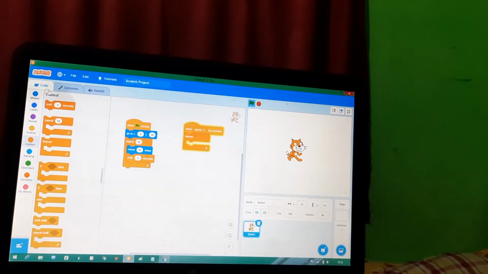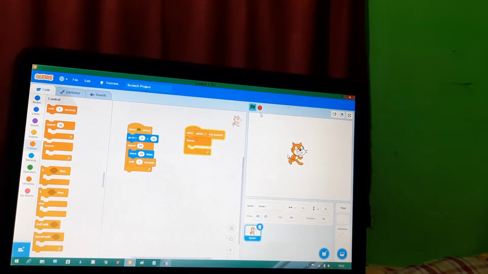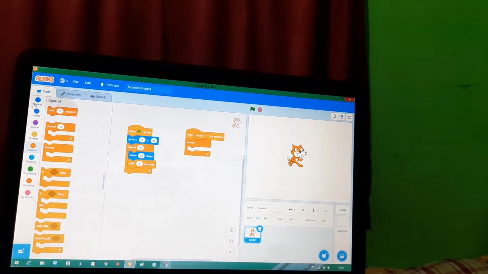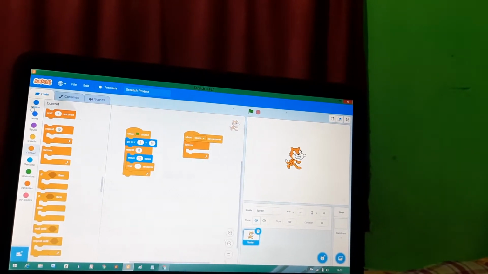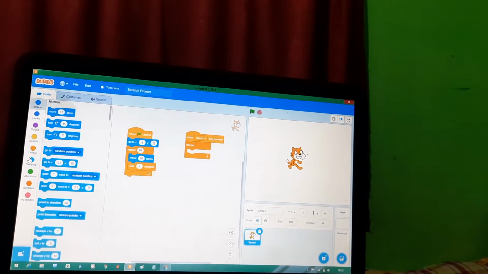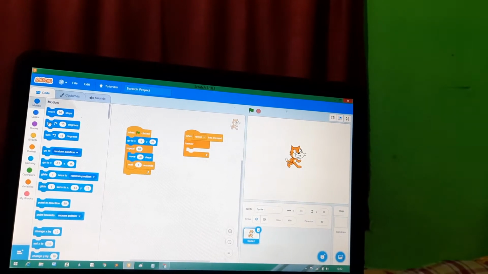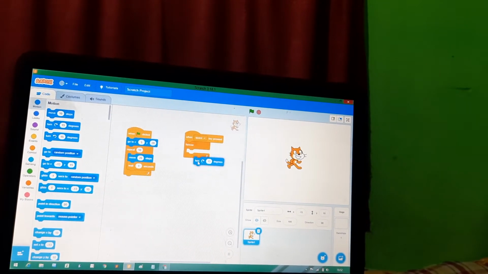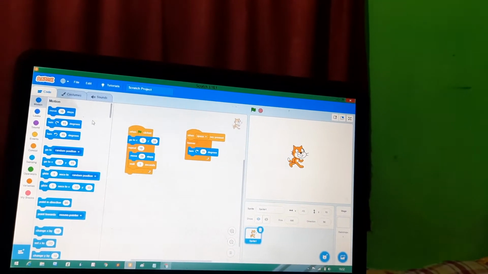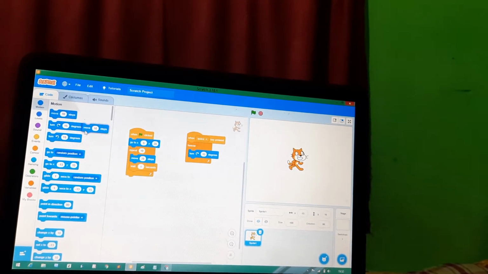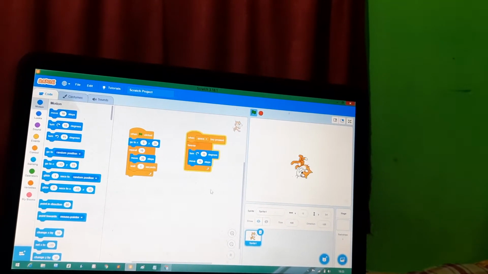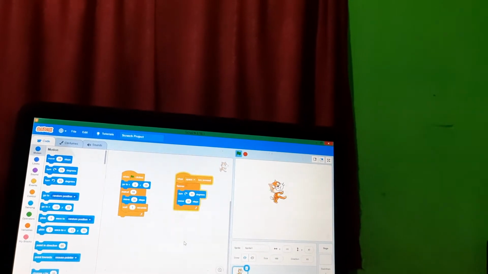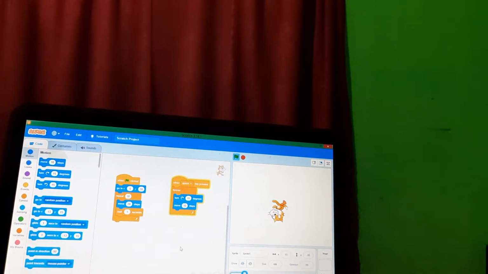Inside the forever block, whatever operation we write will happen until you click on the stop button. So let us make it turn 15 degrees, and move 10 steps. See, it will never stop.